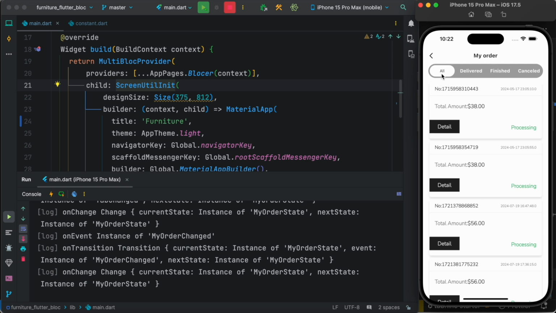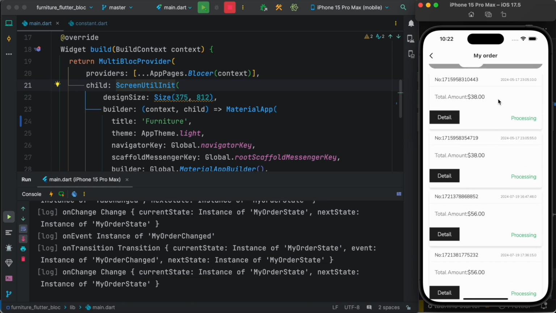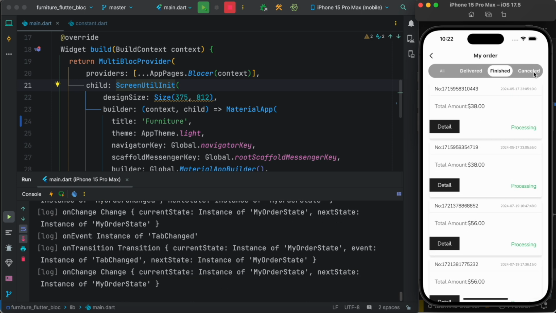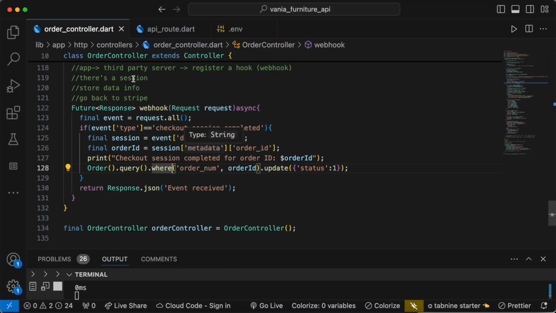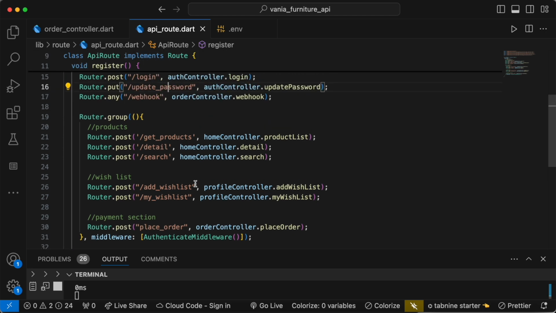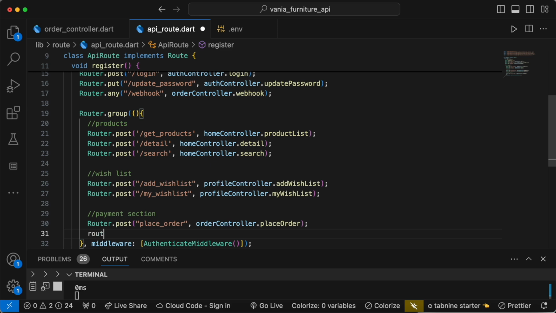So when you click all, we'll see all of them. You'll have status for delivered. You'll also have for cancelled, finished, like that. This is what we want to do. All right, so now to do that, first over here we are going to continue